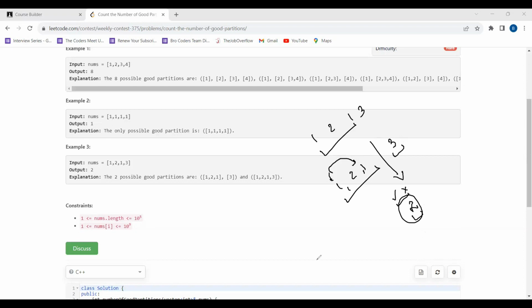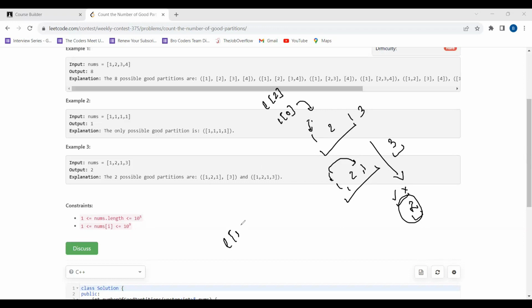So we can do simply a hash map. That thing is, I think, very much clear. You'll need to think on yourself how you will do it. Every time you are getting an element, like if you are getting this one, okay, so last occurrence of 1 will be 0. Now again you are getting 2, so last occurrence of 2 will be